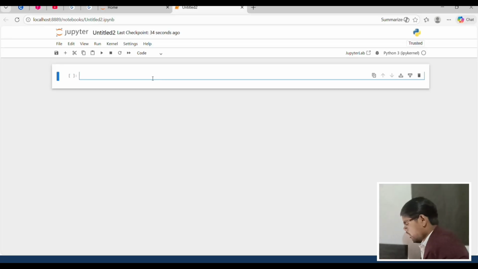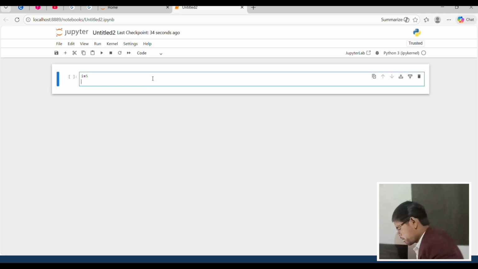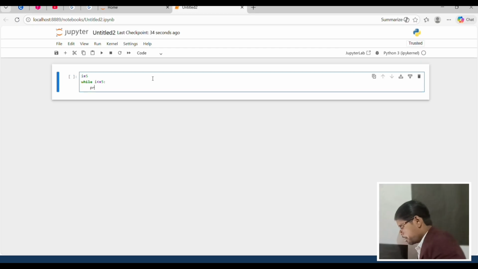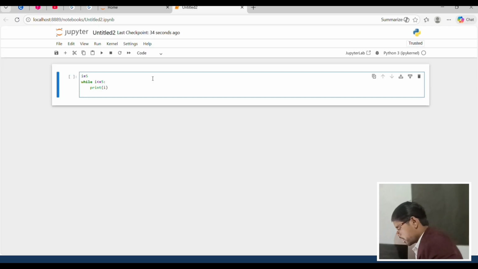As you can see, I will create a while loop, initialize value 5. While check condition i less than or equal to 5. Okay, and print i and done.